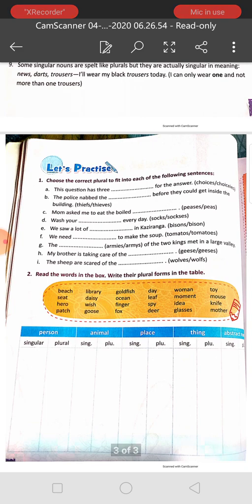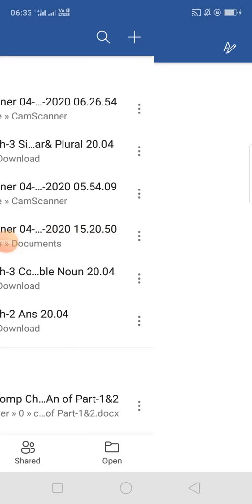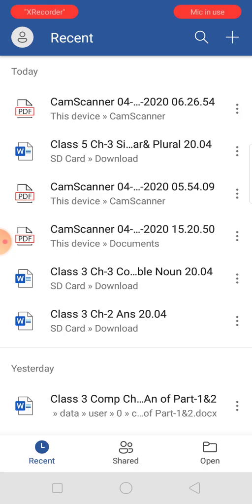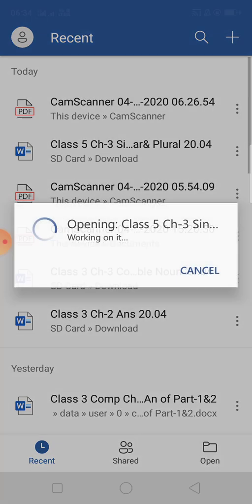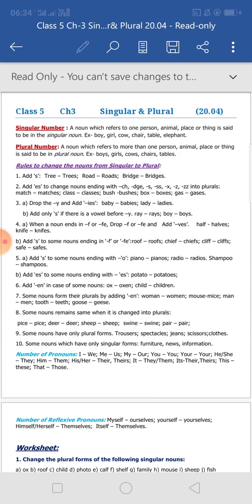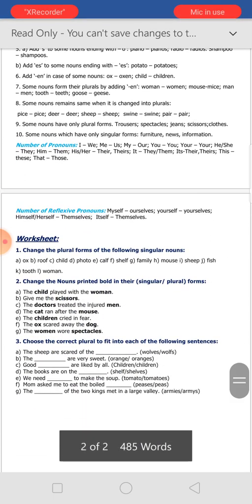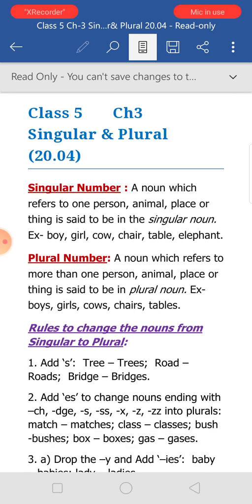When we are learning this language, there must be one language book on the table. But in the bag, so many books are there. So some things we can count and that have one form and another form is many. One form is called singular and many form is called plural.